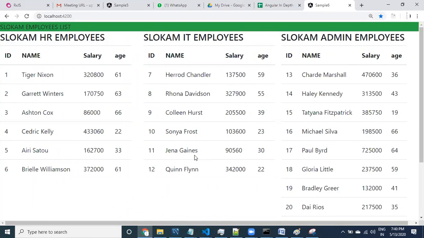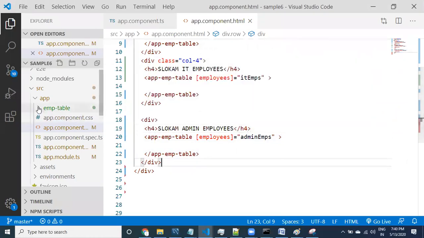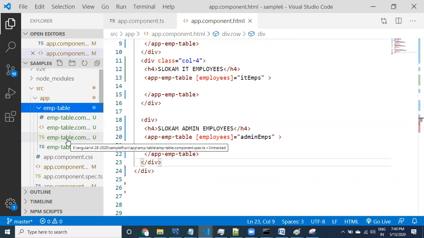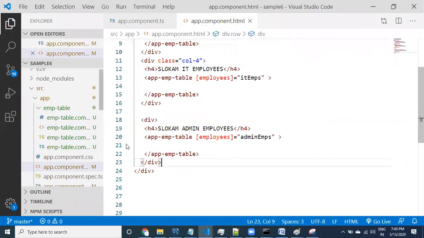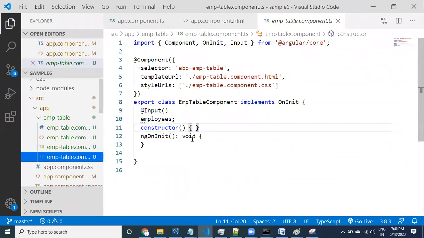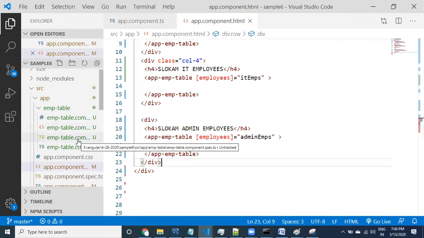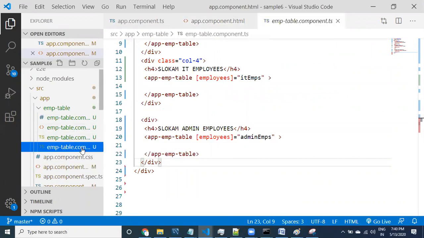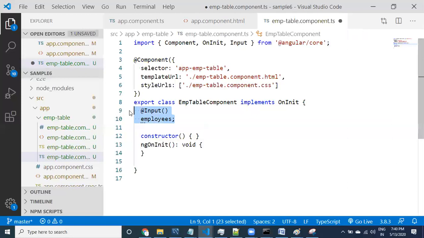And to reuse the component, the main thing is you have to use @Input. Where we have used input data. Data should come from outside of the component. Whatever component you are designing, if you want to use this component in multiple places, then the data should not be tightly coupled. Where is that? Sorry, the employee table component. See here guys, this is an @Input. If you provide this @Input, you can provide the employees data from outside of the component.